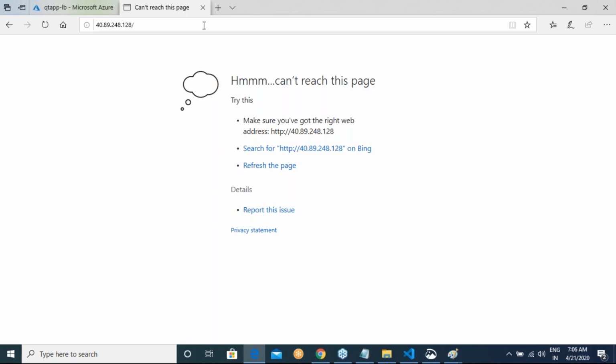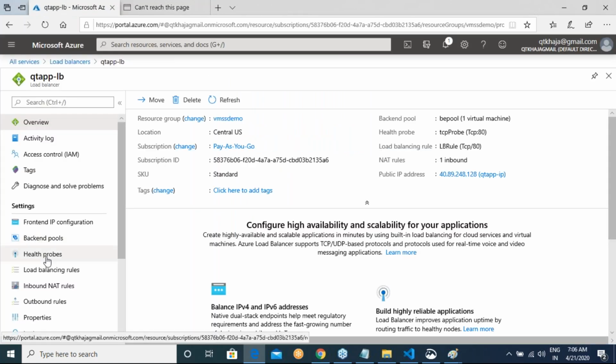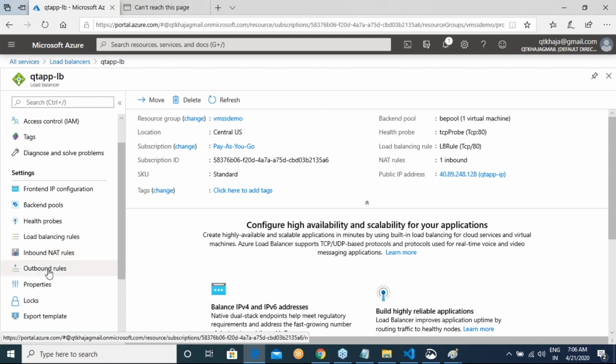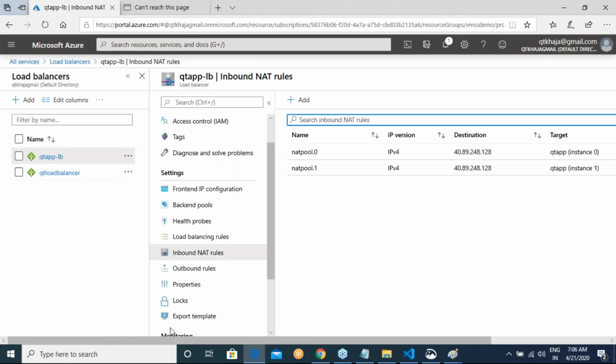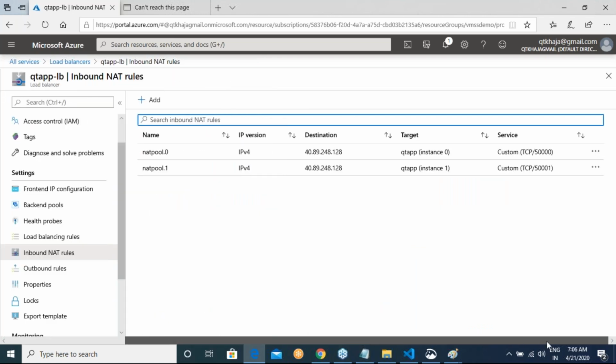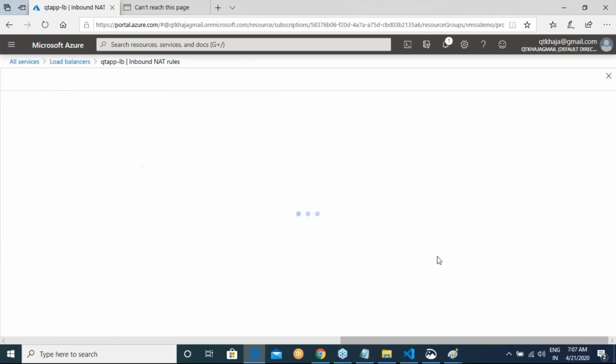I'm unable to log in to this machine. I want to fix this. So are you looking at inbound NAT rules and outbound rules? Let me get into that. Inbound NAT rules basically say that, okay,